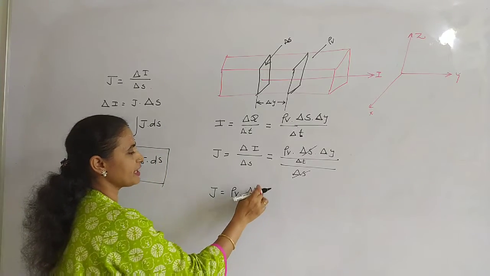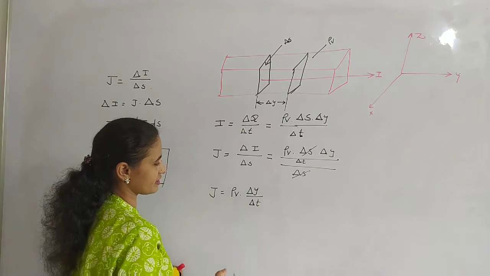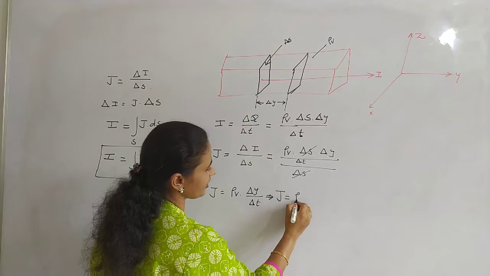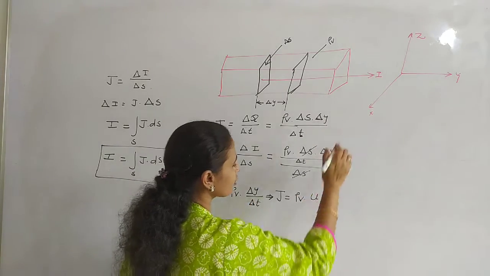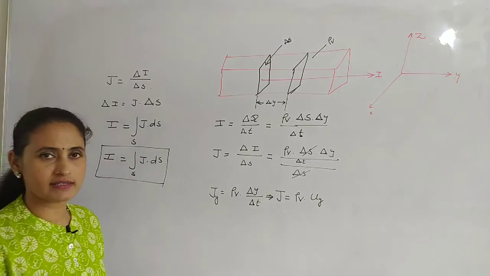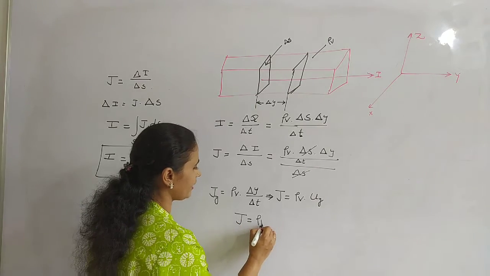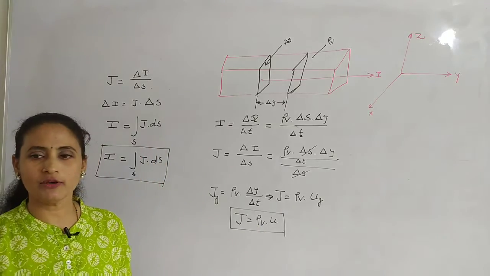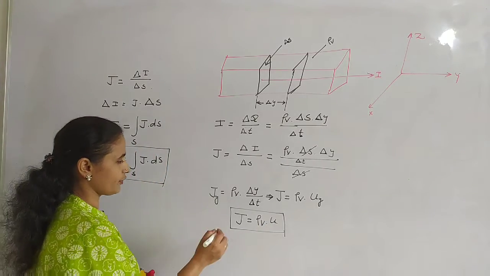Change in position per time is nothing but velocity. So the velocity with which the current is flowing in the filament, given by u, flowing along the y-axis, can be written as u_y. Then the current density along the y-axis is J_y. Or in the general case, you can write J as rho v into u, where rho v is the volume charge density and u is the velocity with which the current is flowing.